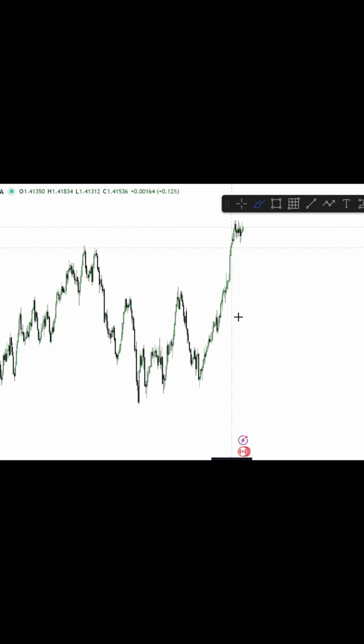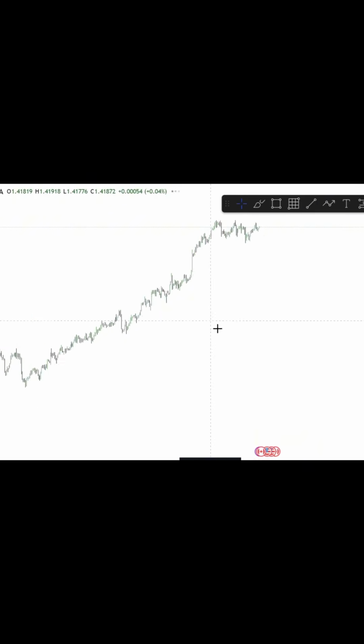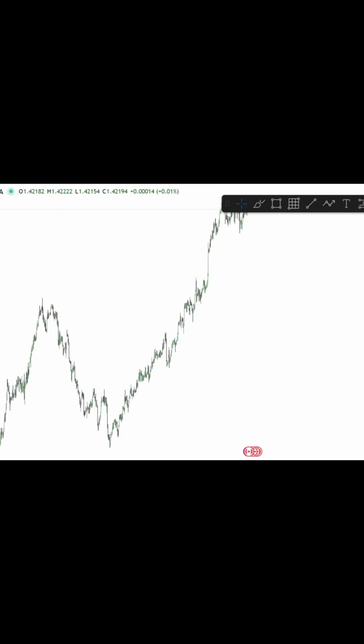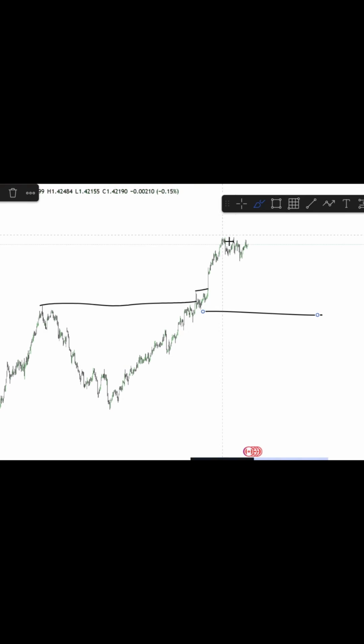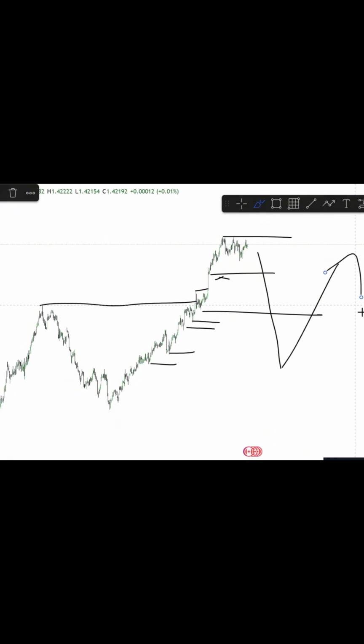If we go down onto the 4-hour time frame, any points of liquidity I would like to see get taken, just so we've got a little bit more conviction that price is going to head higher, because at the moment the most recent internal 4-hour break is here. This is the low, this is the high. We're way overextended. I'd want to see at least this level get taken, but ultimately I want to see a deeper retracement down towards some more significant points of liquidity where you could then look for that higher probability long.